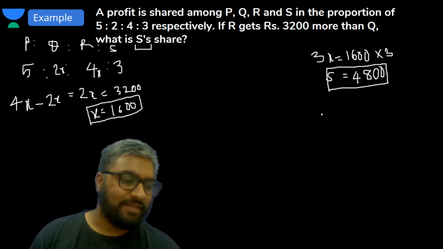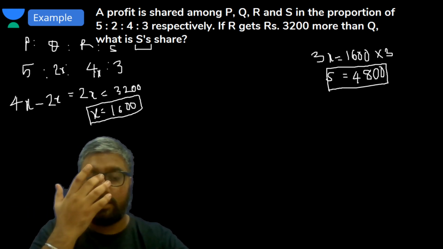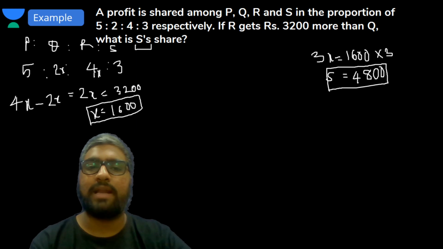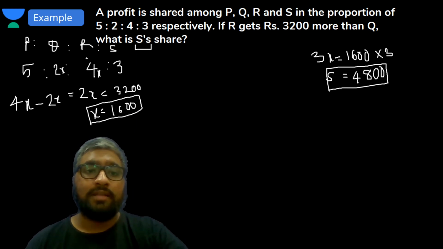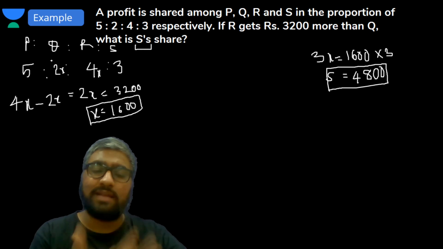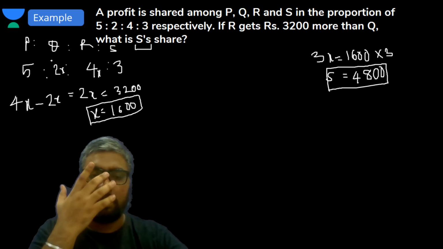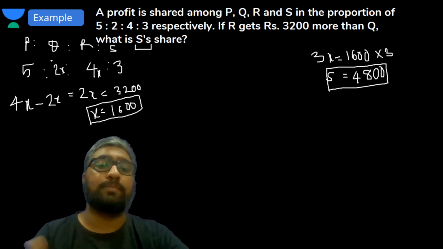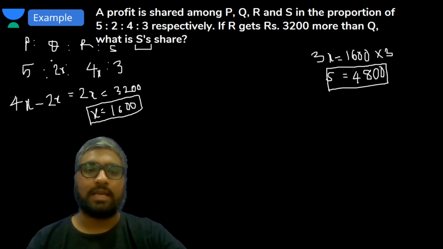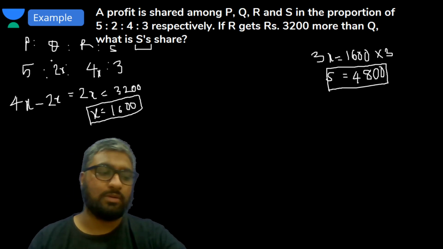Clear? Very simple question. From now on, when you do it mentally, do not get involved in equations, don't depend upon x and all that. Just look at this: this guy gets 4 parts of the total profit, this guy gets 2 parts, which means the difference is 2 parts. We need the difference to be 3200, which basically means each part is 1600. Only then would the 2 parts difference be 3200. All mental. So if one part is 1600, then 3 parts is 3200 plus 1600,